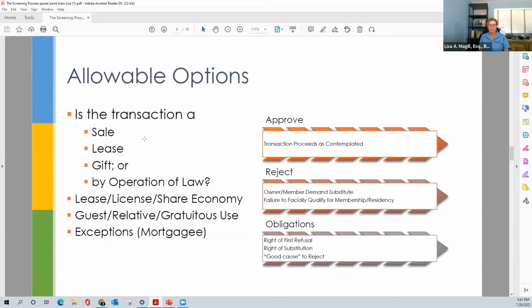So an easy example that I always give: if you're a HOPA, Housing for Older Persons community, and there are two 30-year-olds that want to purchase and move in by themselves without a person of age, your documents require at least one person to be age 55 or older. Well, you can't really approve that application, because by approving it, you're approving a violation of your governing documents. And then there's a waiver issue if you try to go ahead and enforce the governing documents, because you have a non-conforming use. So that is really why you want to have the uses that are contemplated by your declaration in the application, so that you can ask those questions. Who's going to be living here?